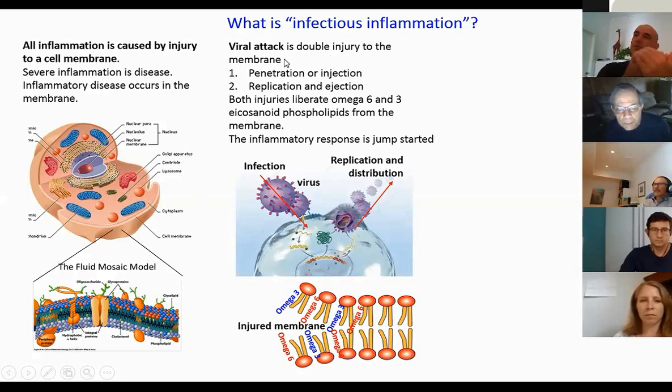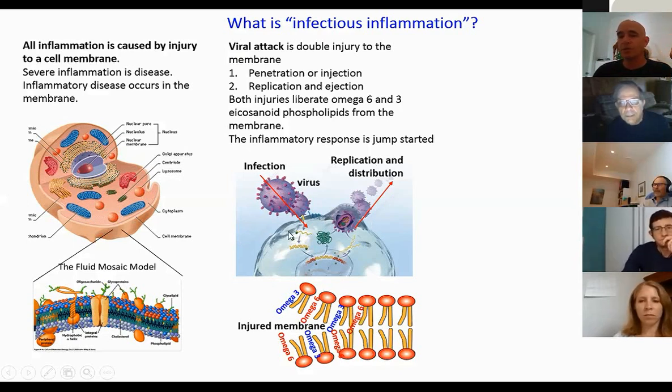First, the virus comes in contact and locks on the surface with these very famous spikes and ACE2 receptors, and it injures the surface of the cell. It either injects itself into the cell or it injects just its DNA or RNA, and it starts replicating inside. It goes to the nucleus and it harnesses the chemistry of the cell and the replication, and every cell will generate tens or even hundreds of viruses. And then the viruses will be excreted. They will escape the cell and again they will injure it.